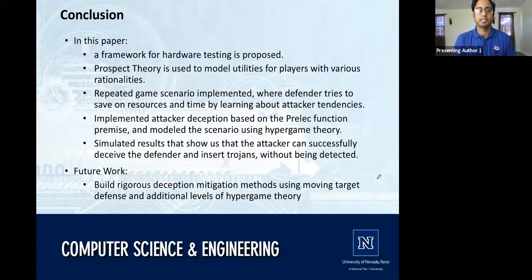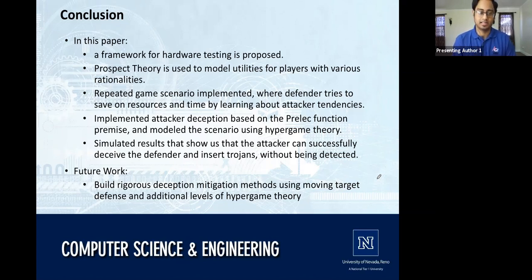So in conclusion, in this paper, we showcase a framework for hardware testing. Prospect theory is used to model the utilities for players with various rationalities. We showcase a repeated game scenario where the defender tries to save on time and resources by learning about the attacker's tendencies. We implemented an attacker deception that is based on the prelec function premise and models the scenario using hypergame theory. We simulated the results and it shows us that the attacker can successfully deceive the defender and insert